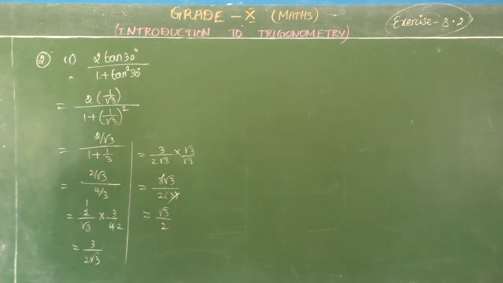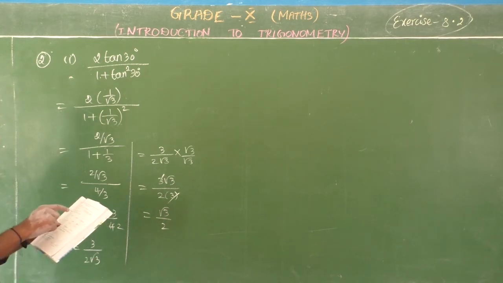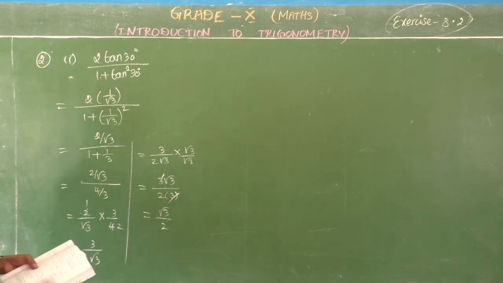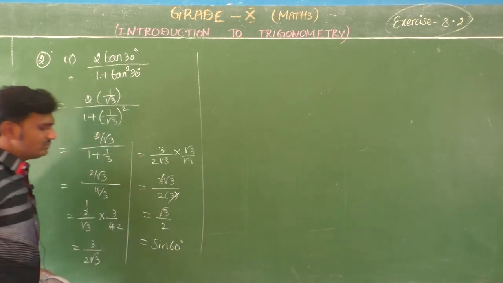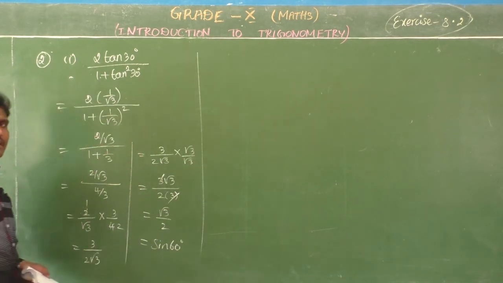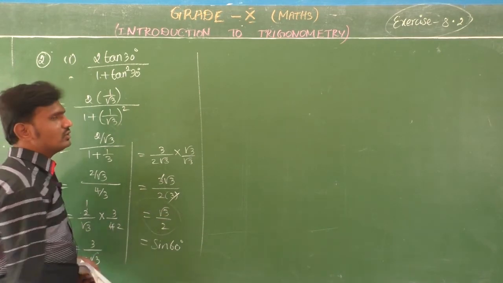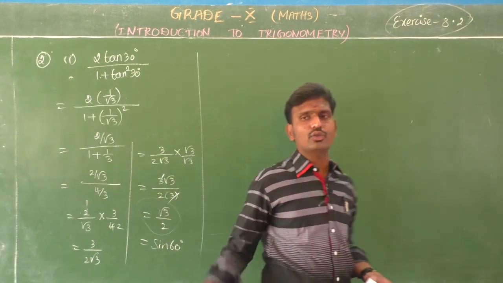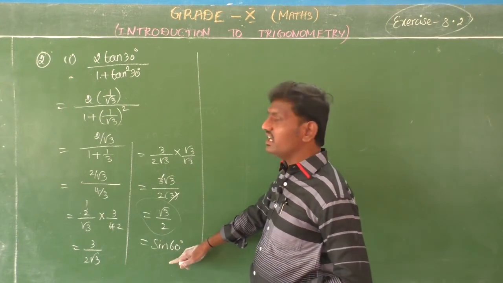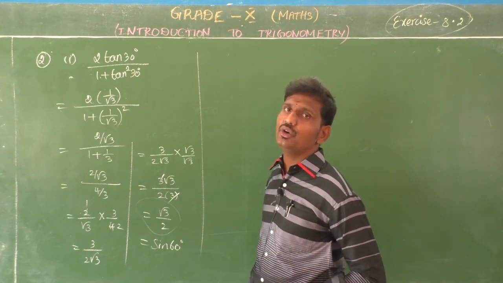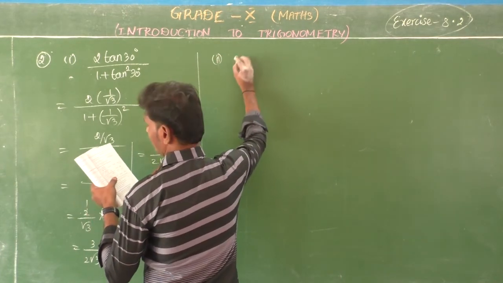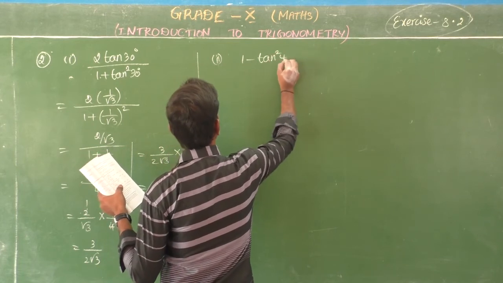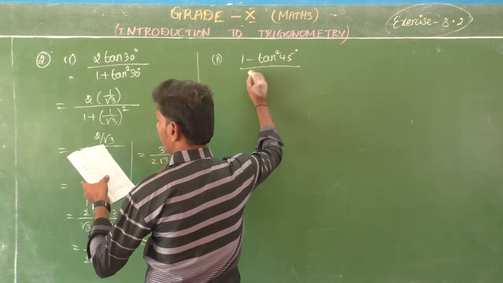Root 3 by 2. So root 3 by 2 will come for which angle? Sin 60, or cos 60, or tan 60? Sin 60. So that's what you are going to substitute. That is sin 60 degrees, that is your answer. Suppose the 4 options are given as root 3 by 2, 1 by 2, 1, 0 like that, then you write the value. But in this question, it is another ratio for sin, so sin 60. Got it, student?